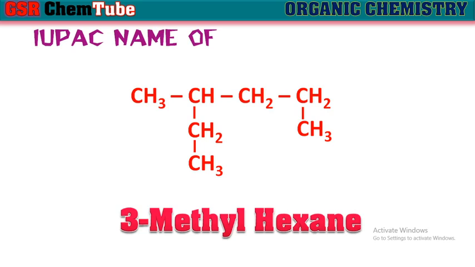In such a way, if we divide the naming of any hydrocarbon into 4 steps, it can be written very easily. They are word root first, which is based upon the number of carbon atoms in the main chain. Next, primary suffix, secondary suffix, and at last prefixes, we can write easily.